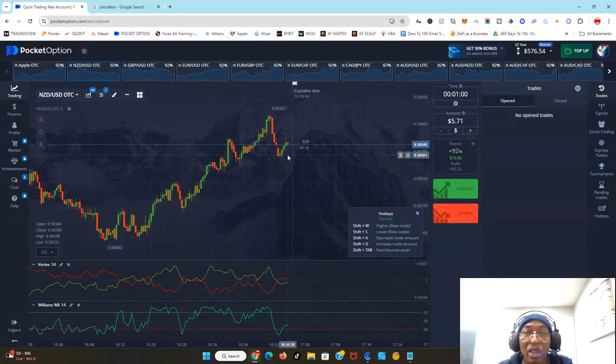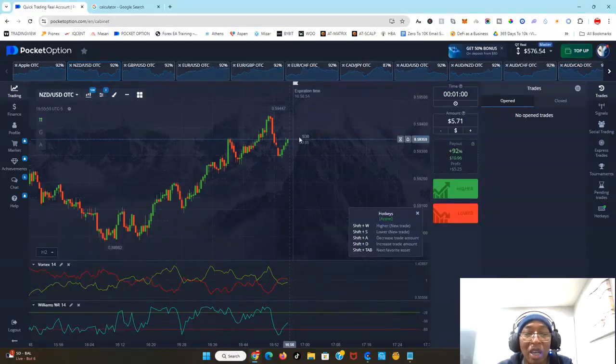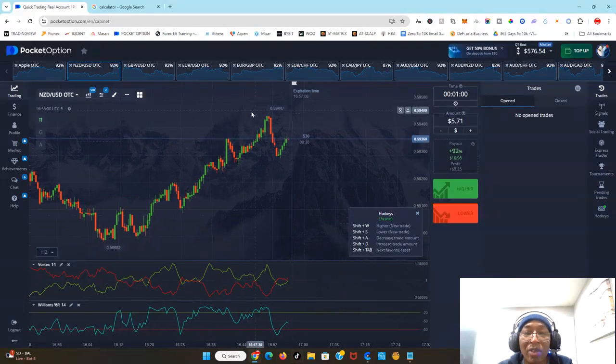So we're going to wait for this to close. Okay, but looking at this chart, this candle pattern here shows us a strong upward trend, right? The bias for me here is an upward trend. So I'm thinking this is going to come up and it will eventually go up.